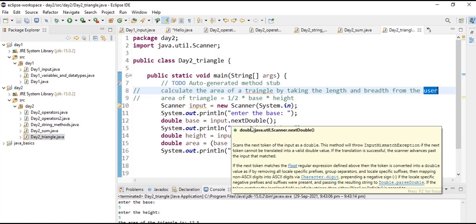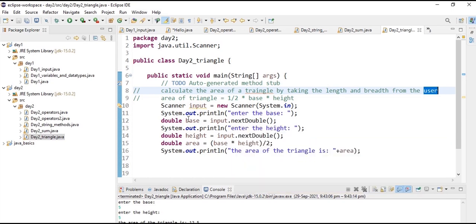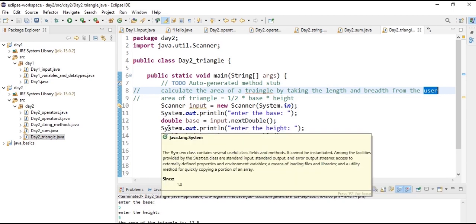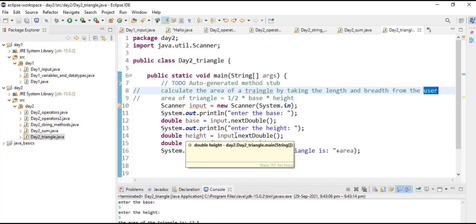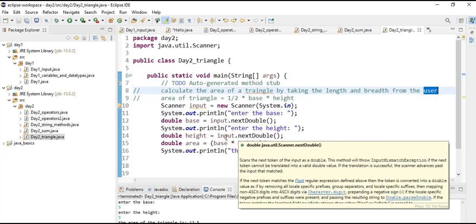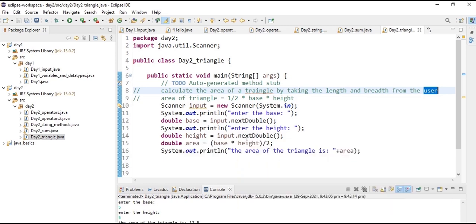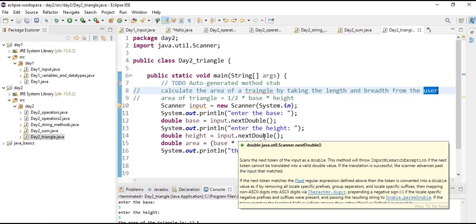Make sure that the D in nextDouble is a capital letter. The same thing we are doing here, that is we are printing to the console, enter the height, and here we declared a variable height of double data type, and we are invoking the function again with the help of the dot operator. nextDouble is a function available in the Scanner class of the util package.